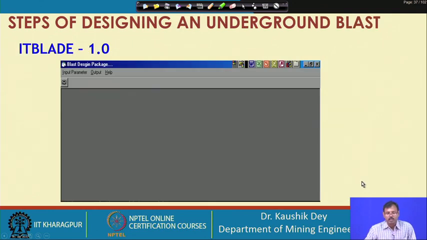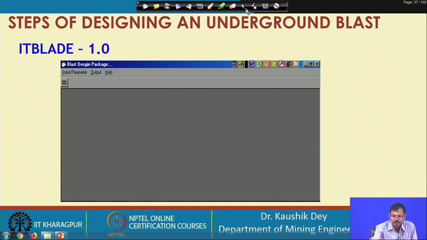Now let us see what will be the exact procedure of carrying out the blast design for an underground mining case or underground opening. In this case we should give some input parameters. Let us see what the input parameters are. We will discuss this for the burn cut. However, the procedure will remain the same for the wedge cut, except for the cut area, which will be designed in a different way than the burn cut.